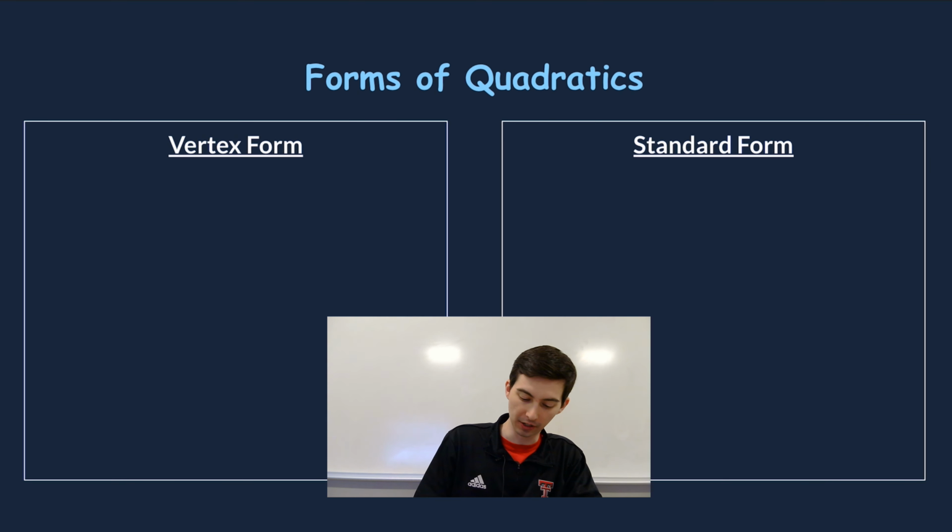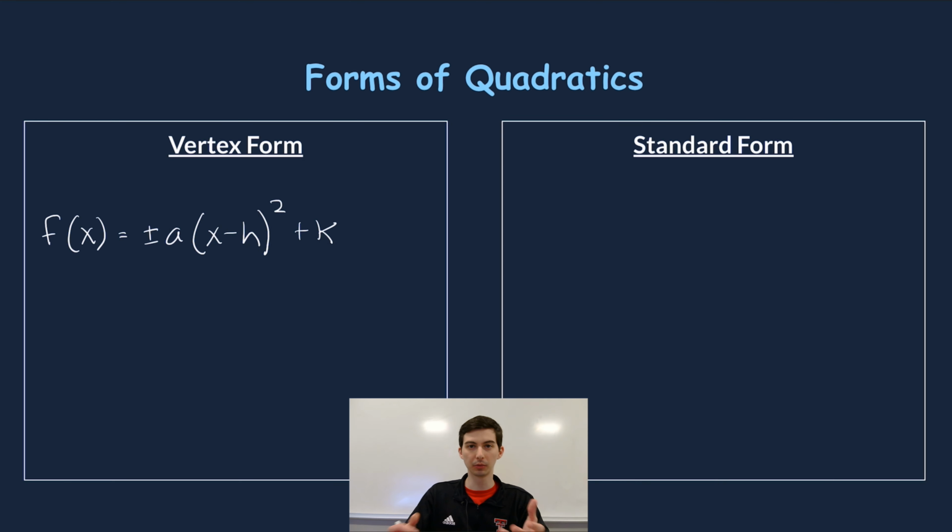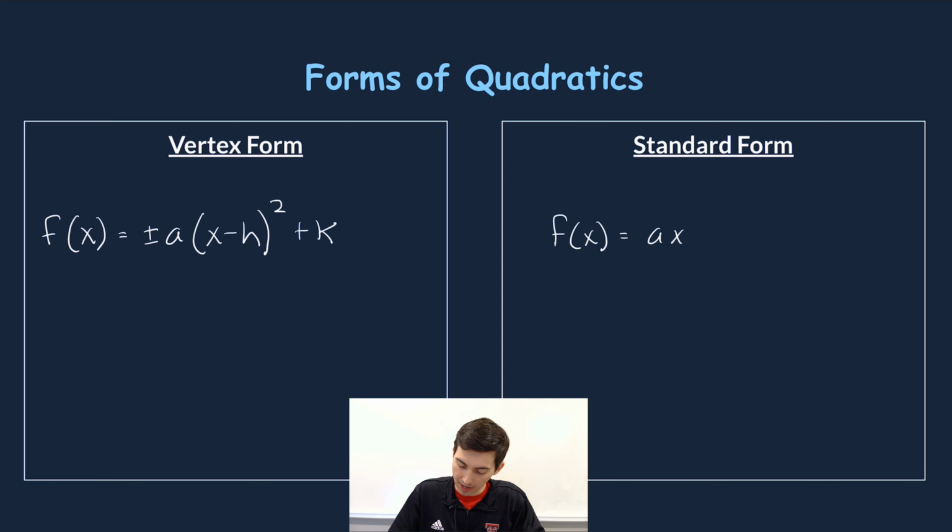The first is vertex form, which we've kind of already talked about in previous lessons. It's f of x equals plus or minus a times (x minus h) squared plus k. And this is really good for key attributes because we can really easily find our vertex from the points h and k. Standard form, we're going to be using f of x is equal to ax squared plus bx